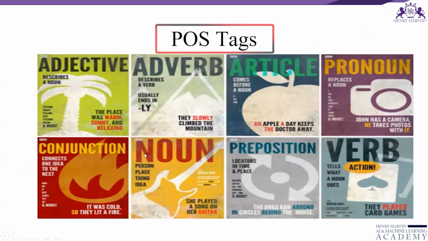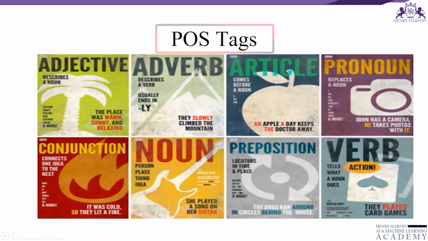Now let us understand, just like that, I wanted to show you what these parts of speech are. You can see that basically there are adjective, adverb, article, pronoun, conjunction, noun, preposition, and verb, right? So let us try to understand what they are. When we talk about adjectives, it could be something like beautiful, green, wonderful, awesome. So this is basically an adjective. And when we talk about adverbs, it could be like hardly, above, soon, which is basically explaining the